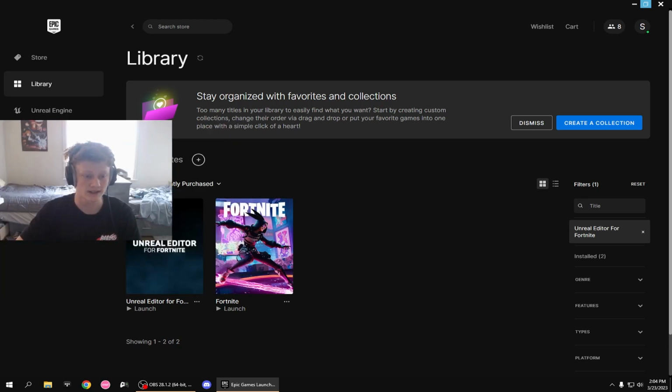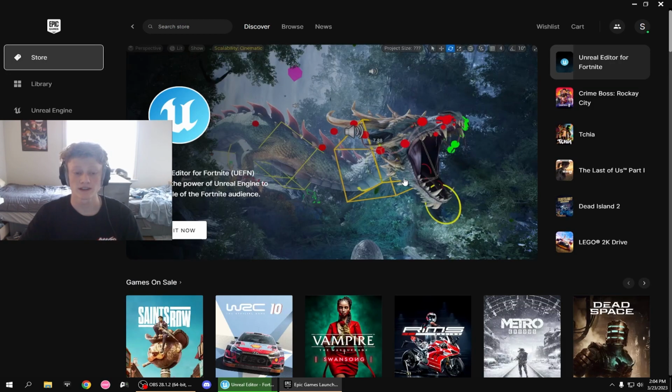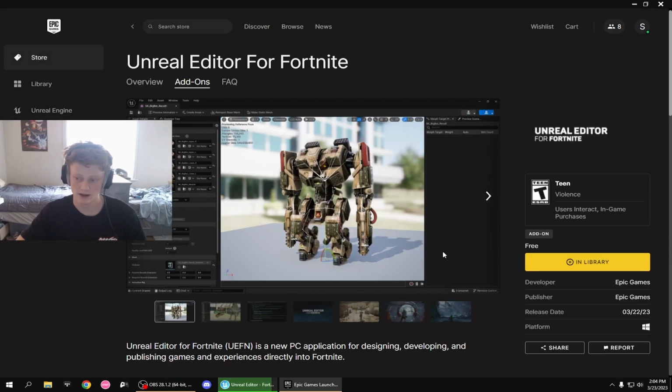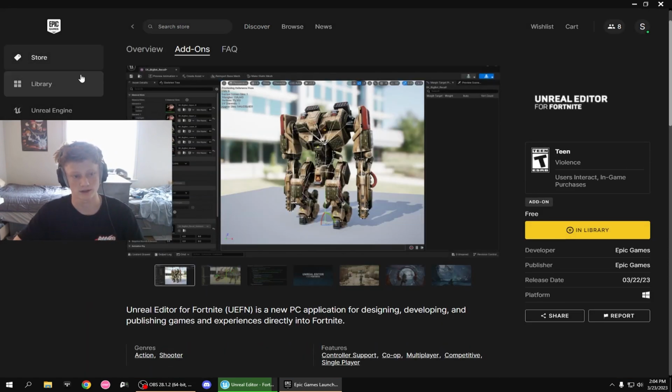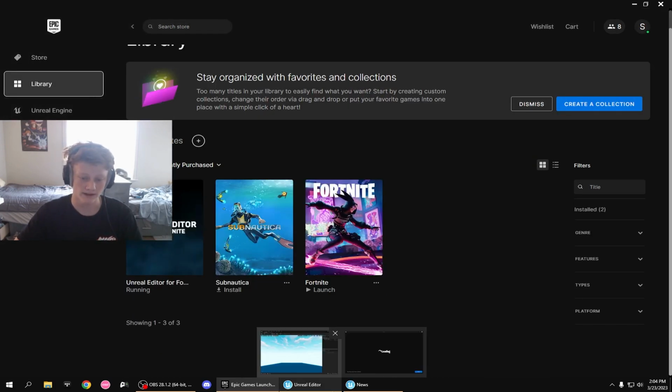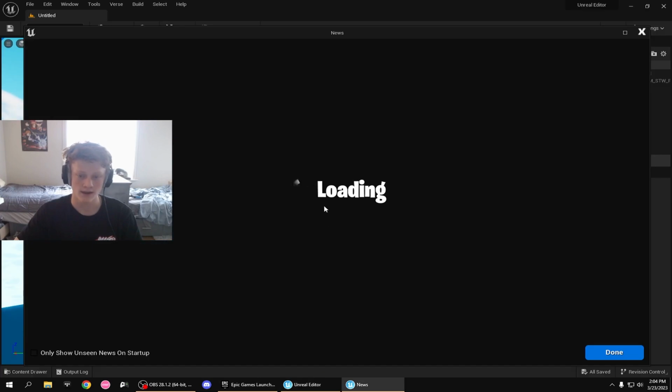What you're going to need first is the actual Unreal Editor for Fortnite. It's going to be the first thing in the Epic Games Store. So then you can click it, come in, and download it. It'll download and update Fortnite along with it, and now you have access. So now if we open the Unreal Editor, this is what we're going to be